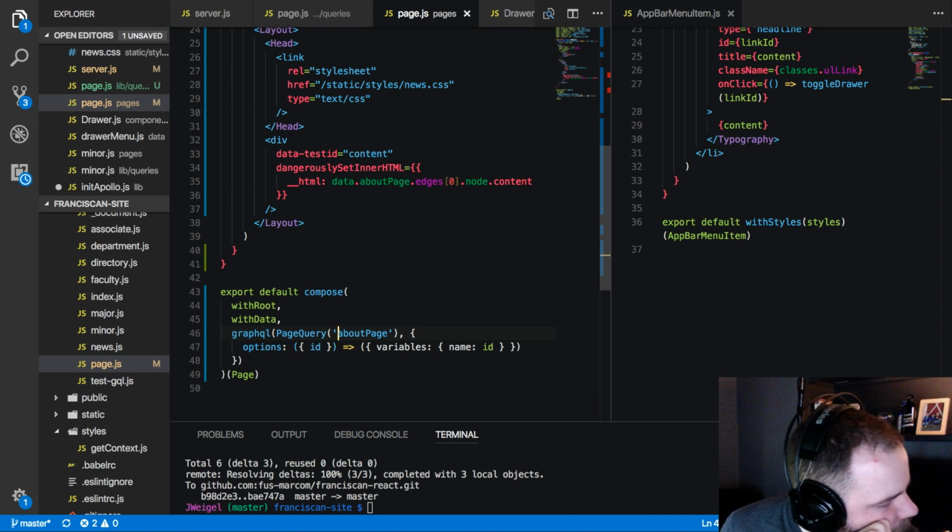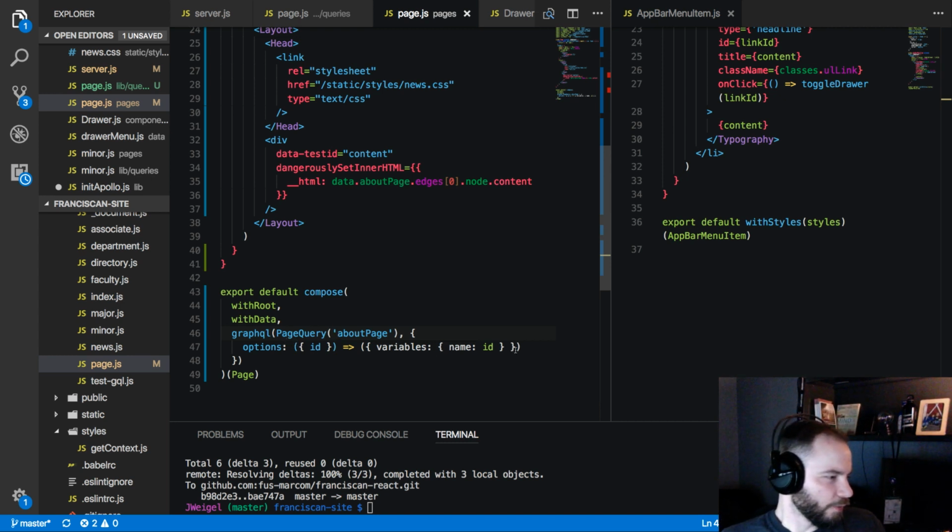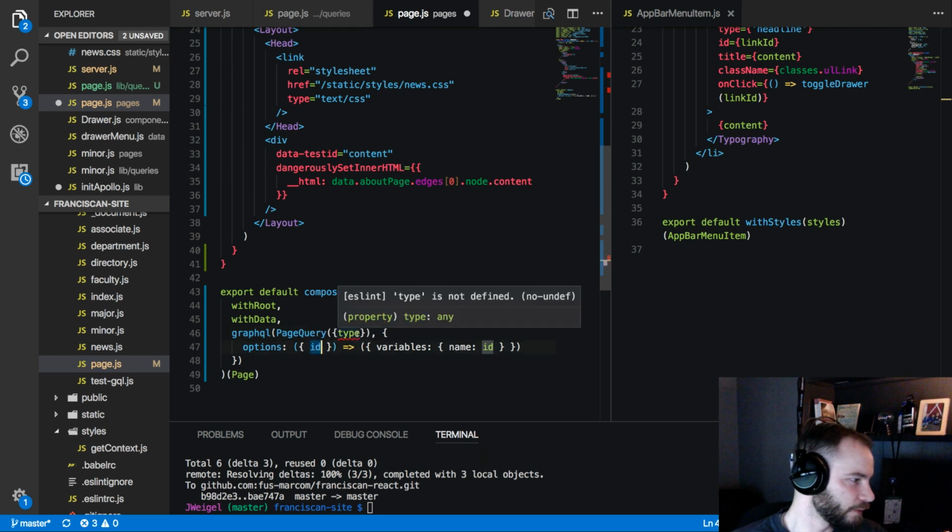I'm still kind of wondering why are we able to grab the ID value here but not the type? The only difference I could see is that the ID is in curly brackets, right? I don't know what difference that would make. And still, no difference. Why does ID, are we, oh,